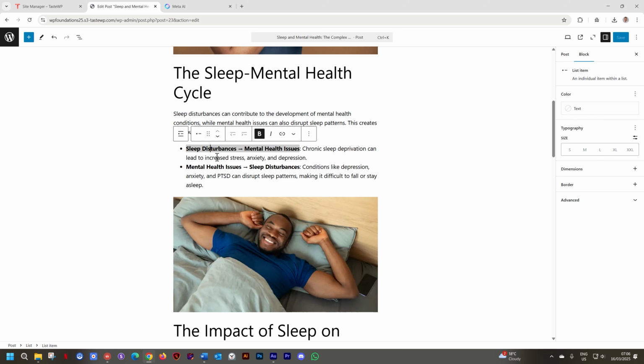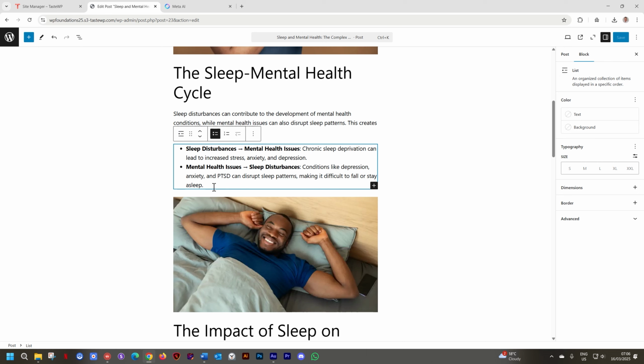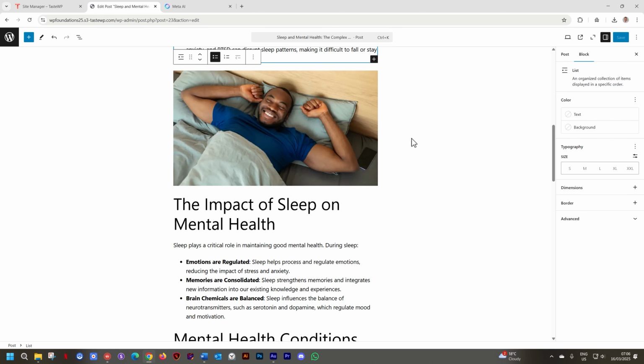Whenever I click on this and I see that I'm working with this list item, when I select this one, you see the blue bounding box now encapsulates both list items. That's how a parent container works. And the parent container allows you to apply different settings to all of them immediately. Let's just do that one more time.